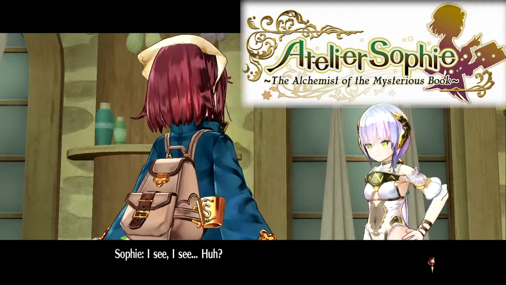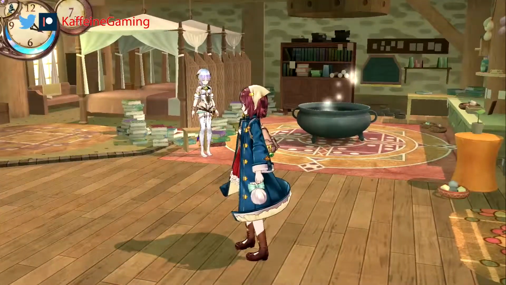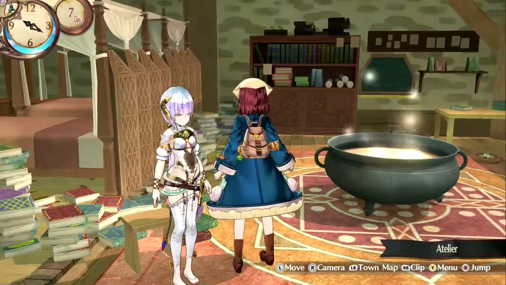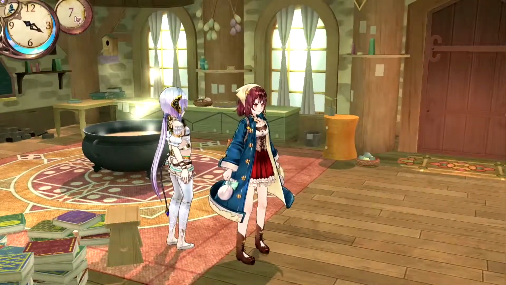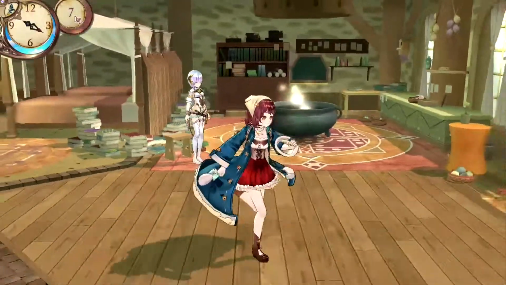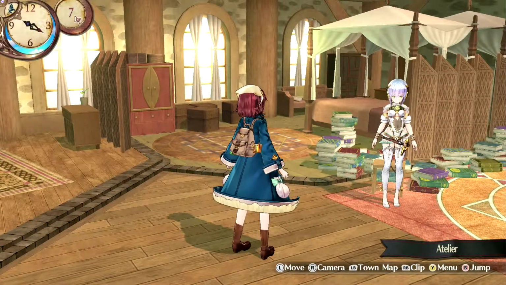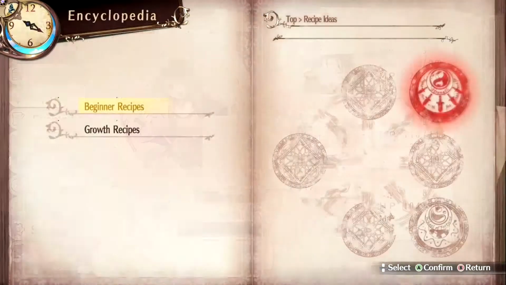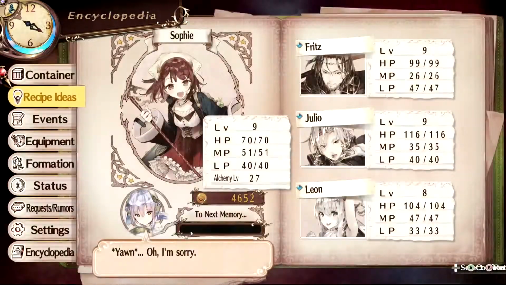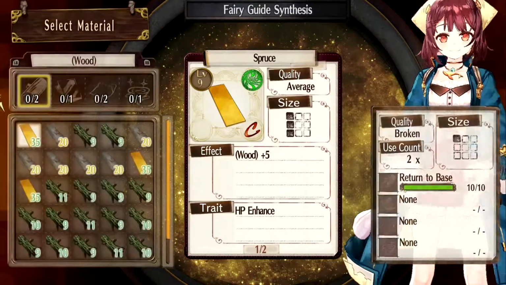I see. Hey guys, welcome back to Atelier Sophie. This is KaffeineGaming, and Plachta is a doll now. She has a tail. It's not really a tail. It's part of her clothes. It's weird. I don't know if I really like the design of her, but we're just gonna go with what we've got. One thing to note though is we haven't quite unlocked anything new yet, but that's okay because we're gonna get there. This time I want to start by making